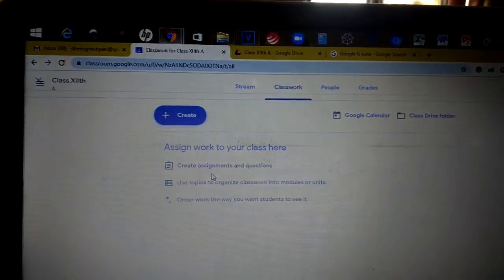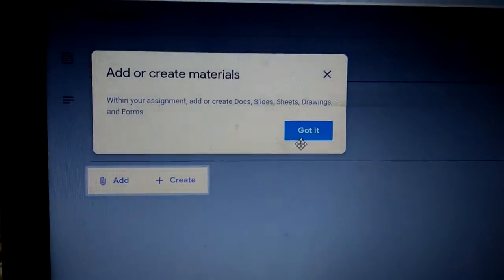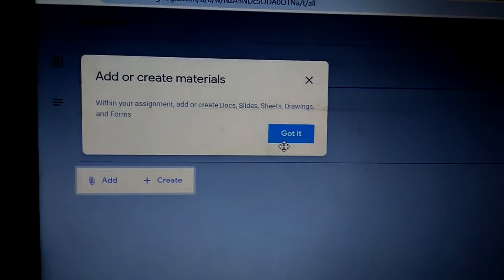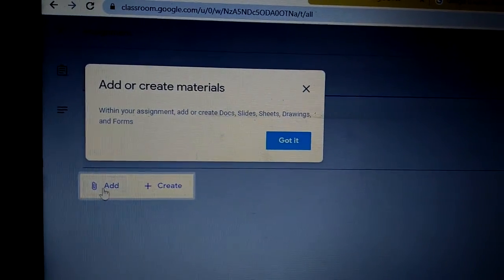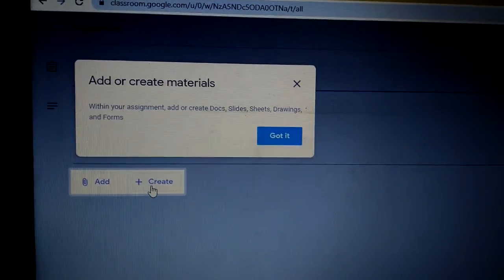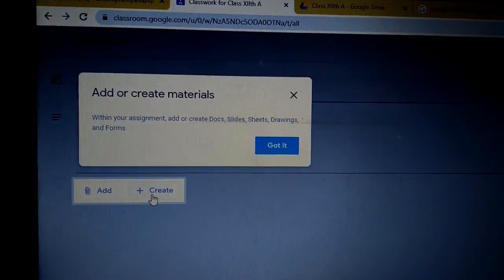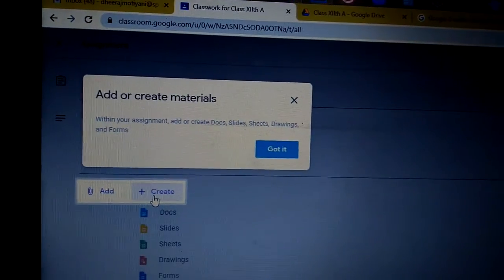If you want to give the assignment there, go to the assignment. Okay, you got it, assignment. Within your assignment, add, create docs, slide, sheets, drawing or forms. You can create it, or you can add the file here. Okay, if I am adding here, or if I am creating here, so you have already seen how the adding was done. So I'll be taking you through the creating part. So I click on creating.